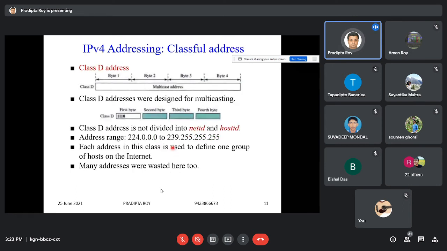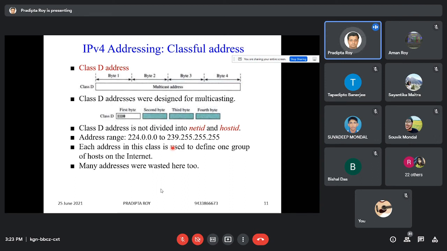Next, class D address. Class D address is used for multicast addressing within a network. Multicast is one type of broadcast. Okay, so there are 3 types of casting. One is called unicasting, another is called broadcasting, and the third one is called multicasting. Unicasting means always one-to-one communication. Broadcasting means one-to-many communication. But